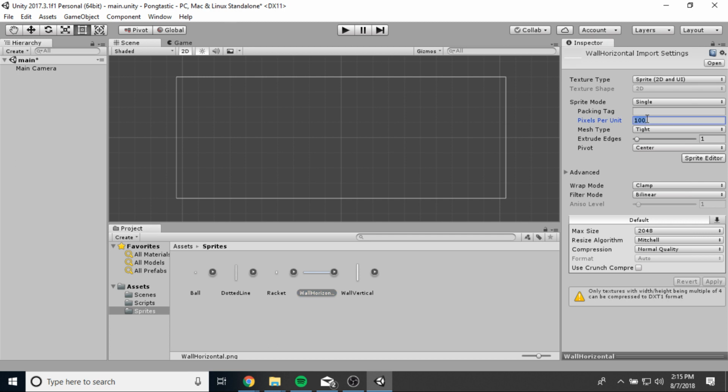So I'm going to change the pixels per unit to 1, turn off the filter, hit apply. Change the pixels per unit to 1, turn off the filter, and hit apply. 1, no filter, apply, and 1, no filter, apply. Okay, now I can start building my